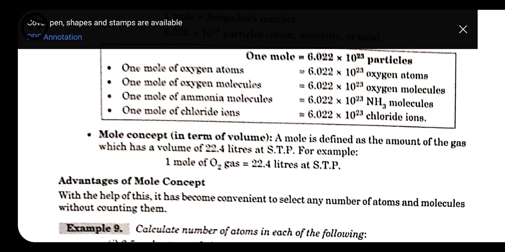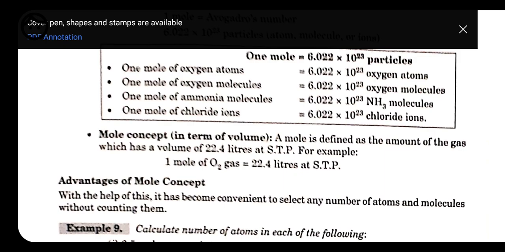That is the standard we have given: if we are talking about 1 mole of oxygen gas, it would take only 22.4 liter of volume at standard temperature and pressure, where we are not going to change the temperature and pressure. If we change the temperature, the molecules start moving fast and the volume increases. If we increase the pressure, the volume decreases. That's why we have to keep the temperature and pressure constant, and it is called standard temperature and pressure. So the standard volume we have taken for calculating any gas is 22.4 liter.